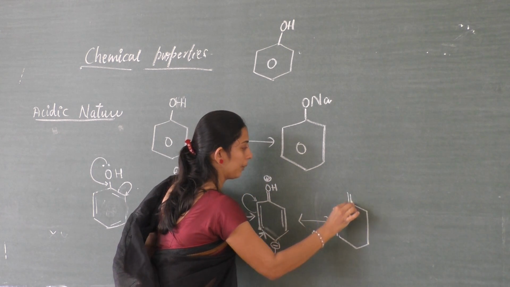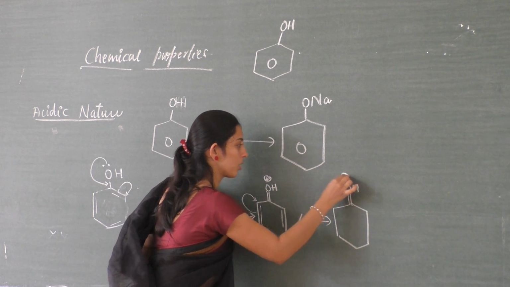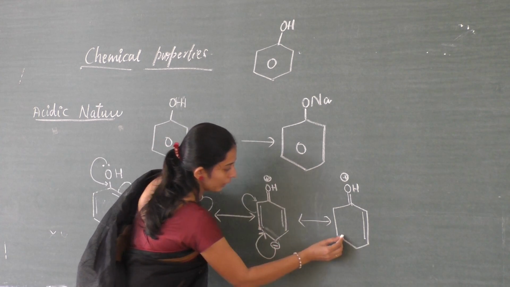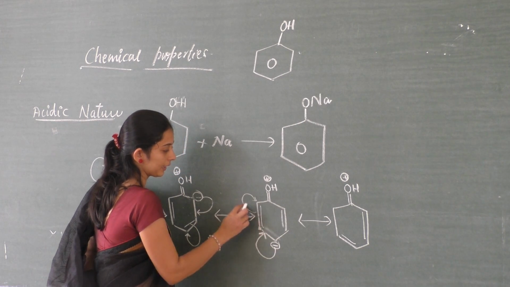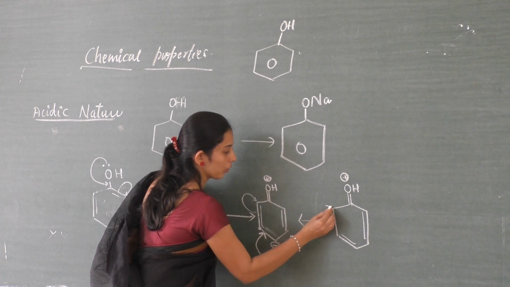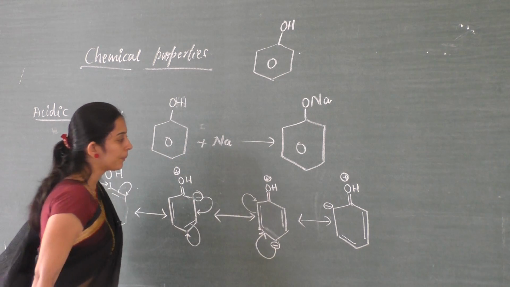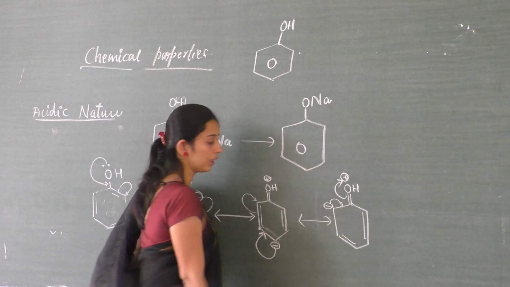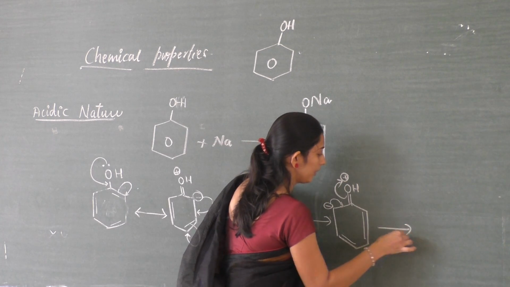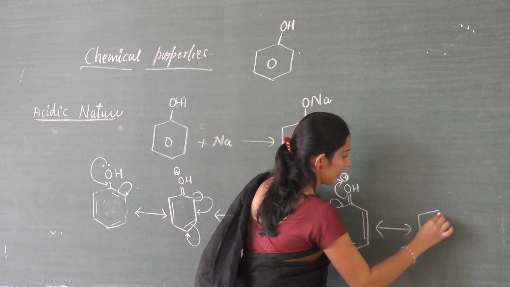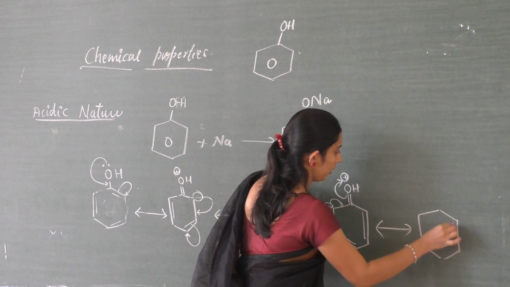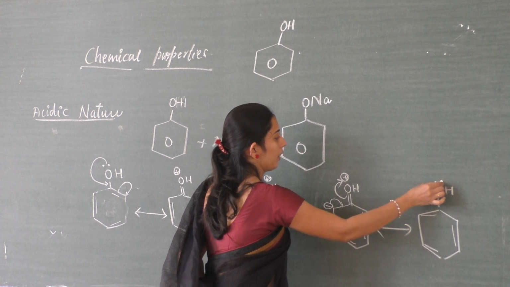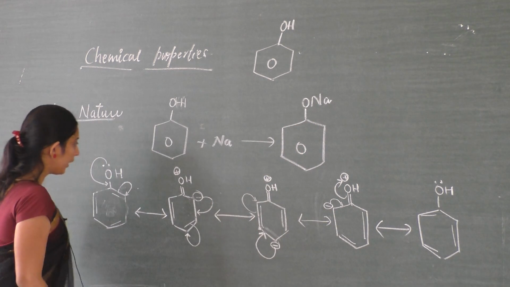So here, double bond, OH, positive charge. Here already a double bond, we shifted this bond, so here we got a double bond. We shifted this double bond to the next carbon position, so here I got an electron density. So again, I will shift this one to this position, this one to this position. So here we get again a phenol where the position of a double bond is varied with a lone pair of electrons.